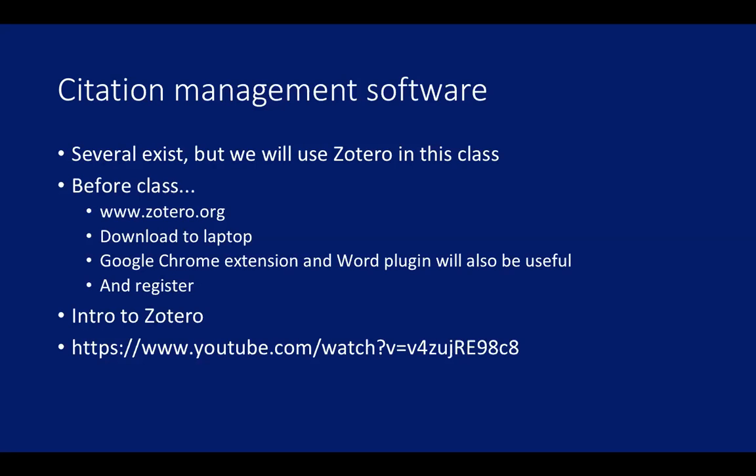It'll just do that. And several of them exist. The most common and the most popular is something called EndNote, but EndNote you have to pay for. Now, when I was in graduate school, my graduate school paid for an EndNote license for all of its students. UNCP does not do that because you guys are undergrads. So we're instead going to use a free one called Zotero.